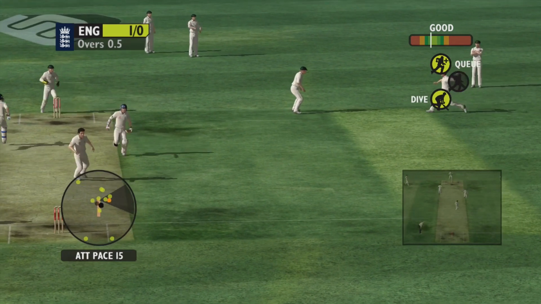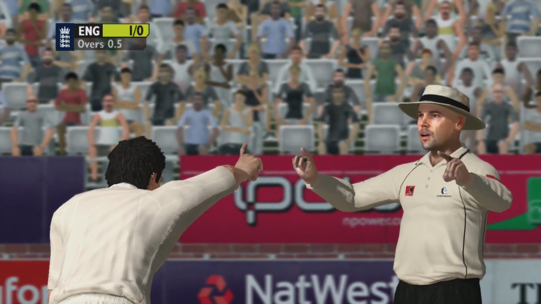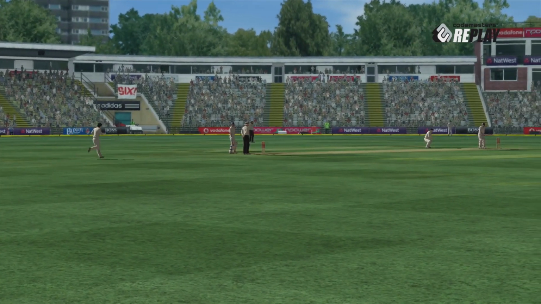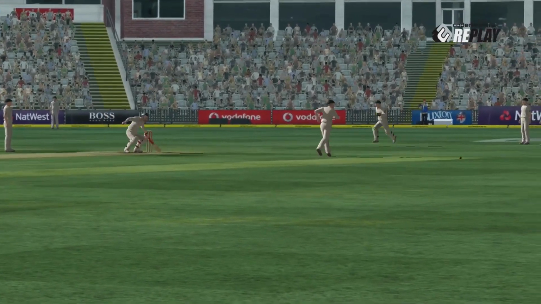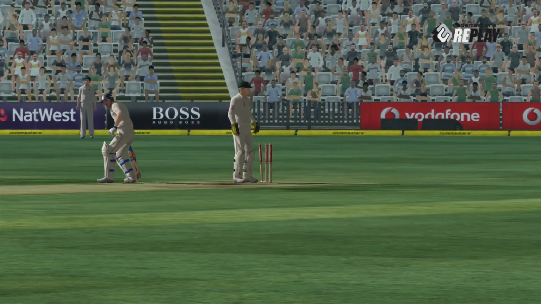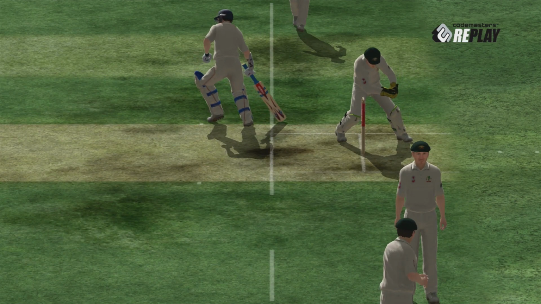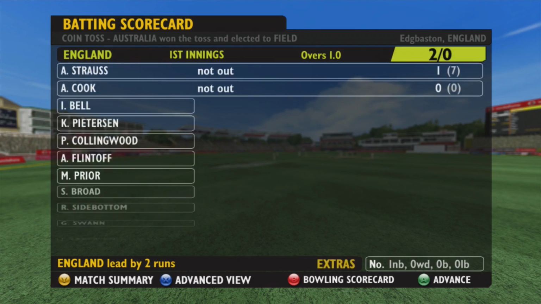We're going to go for this, and those are the first runs of Andrew Strauss's day. It's not going to be an out, I don't think. They're appealing a bit stupidly for that. That's a great camera angle, but I don't know what the fielder's doing there. I wouldn't be surprised if it was Shane Watson, because he's not played well in this series so far, but as you can see, we're well in the crease. No point even looking at that, and Andrew Strauss is off the mark,